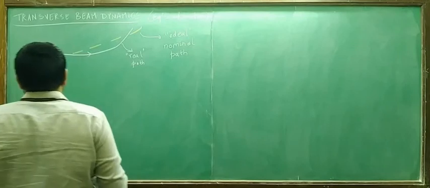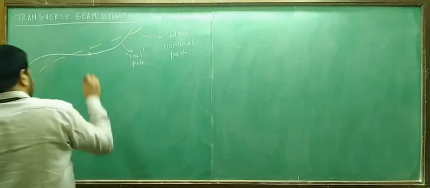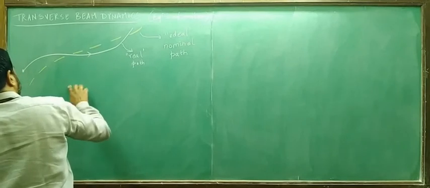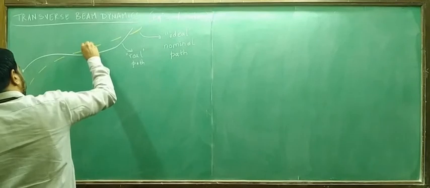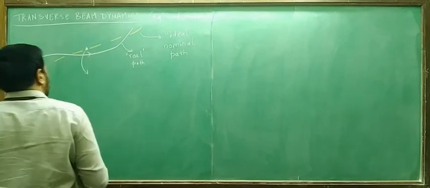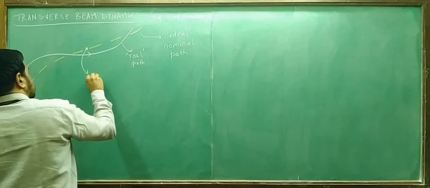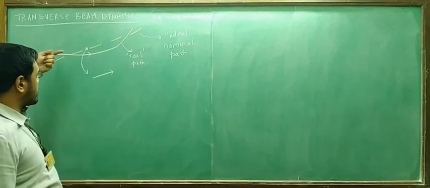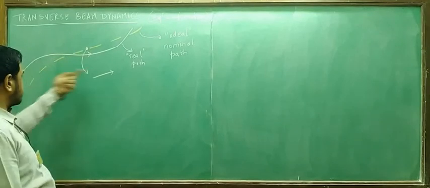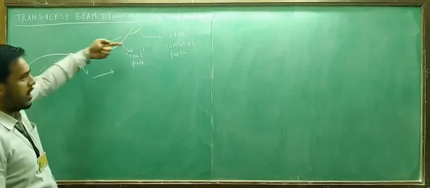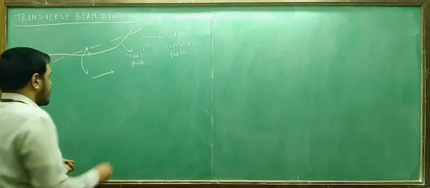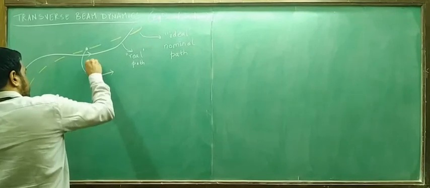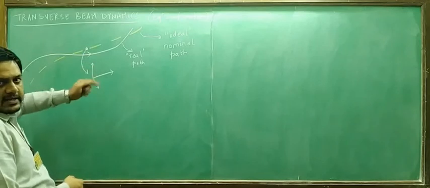So, if you try to define a particular coordinate system, then basically, if you take any point, let us say you take this point on the nominal trajectory, then basically what you want to define is a coordinate system which has one axis pointing along the instantaneous direction of the beam. So this axis will be here pointing this way, always tangential to the nominal trajectory. And two coordinates which are perpendicular to this. One is in the horizontal direction and the other is in the vertical direction.